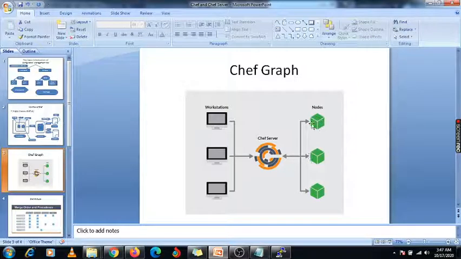That means this node will communicate directly with your Chef server, and whatever updates are available, which are fetched from this workstation, so this cookbook and recipes, whatever recipes are available, will directly be fetched by the node, right? We will do this demonstration in the coming videos, but for now we are discussing these attributes.